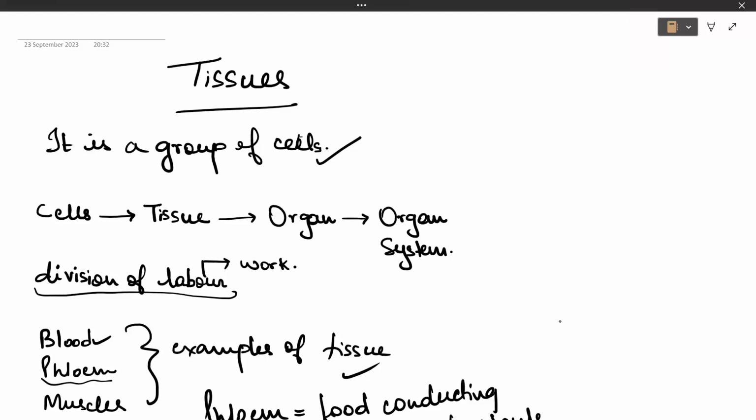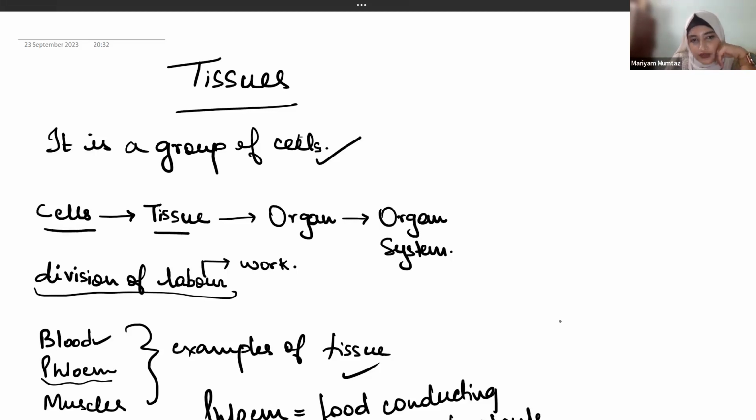Organs form the organ system. Correct. So this is how it goes. From the cells, we get the tissues. From the tissues, we get the organs. And then from the organs, we get the organ system. Okay. Now see, earlier when there was only one cell, there was one duty which the cell had to